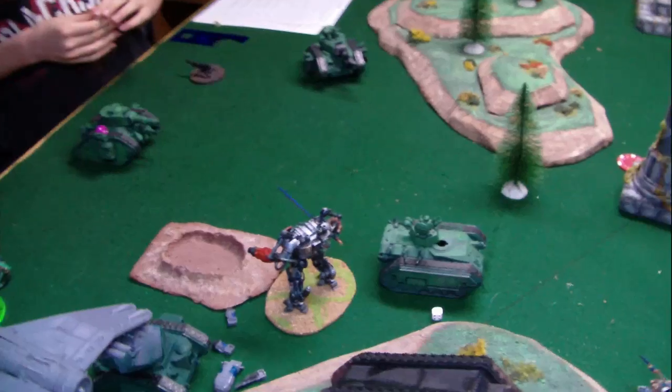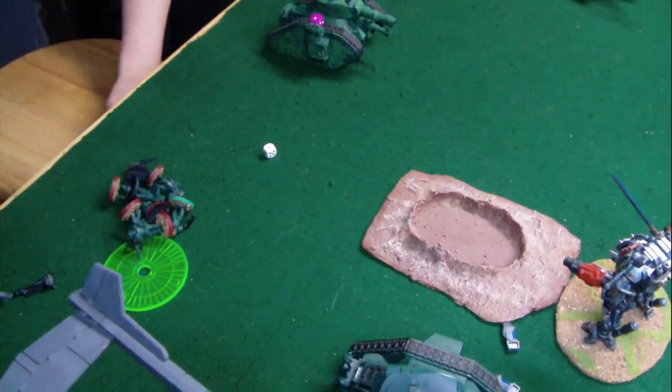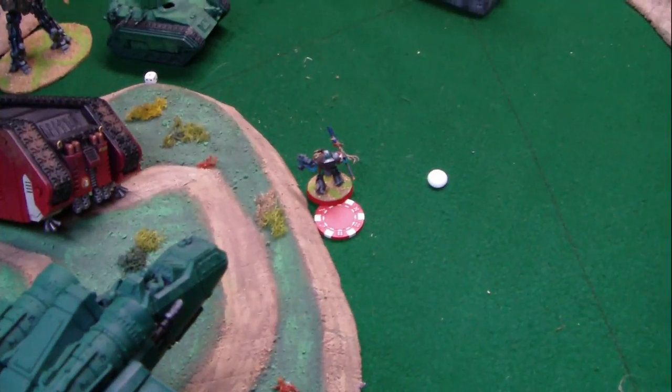We're going to roll to see if the game continues to turn 7. And it's a 1, the game ends, and it is going to be a victory for the Blood Angels because we have 3 points